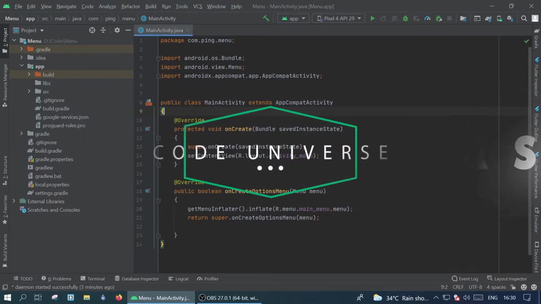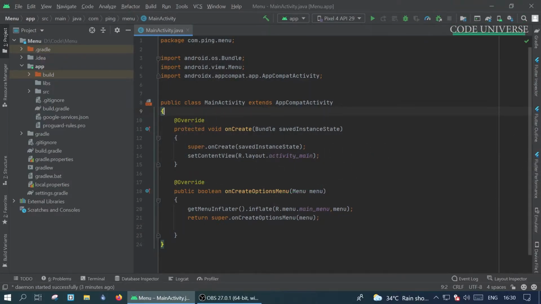In this video, we'll see how to execute a code block when the user clicks on the menu that we've created. If you don't know how to create a menu, kindly watch my previous video that appears on top of this right now. In my previous video, I showed how to inflate a menu in an activity. So this is the second part of the menu video. In this video, we'll see how to execute a code block when the user clicks on a menu item from his activity.